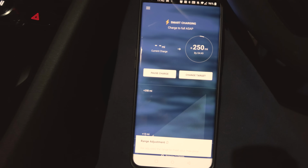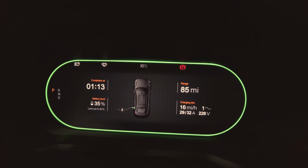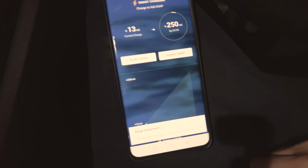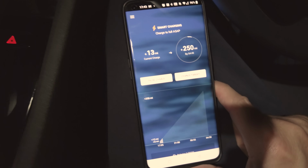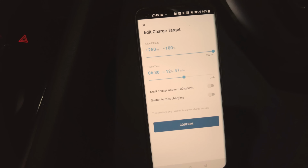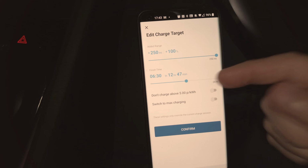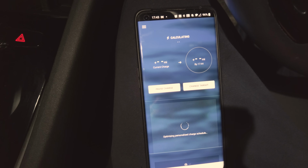Okay, so this is the OhMe screen here. Now you can see on my display there that I'm charging, completing at 113, I'm getting 16 miles an hour, 29 amps, 226 volts. Now on the OhMe screen, it's not the most advanced app, but it depends on the car you've got. So if I click here to change target, what I'm going to do is set my finish time. It doesn't matter, I don't really care. All I want to force this to do is charge during my cheap tariff at night. So I put a 6:30 finish time, and I'll just put some random number. If I click confirm, then it will say